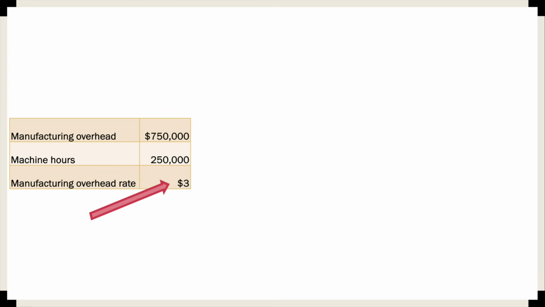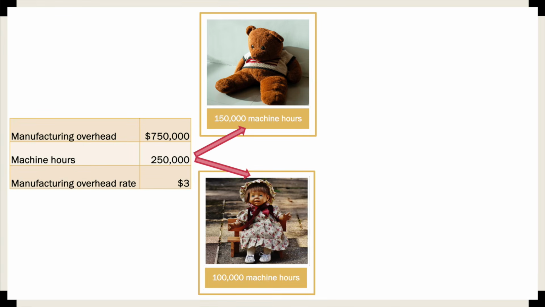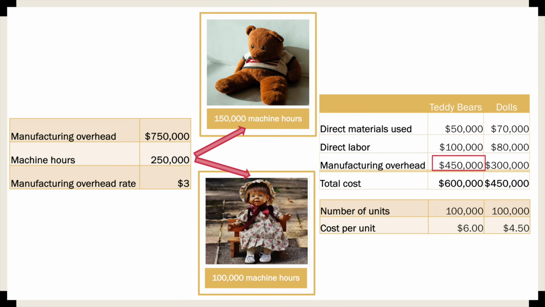Santa wants to compare the profitability of his 2 products, teddy bears and dolls. But Santa didn't pay attention in accounting class, so he simply allocates overhead to products using a single cost driver, machine hours. Multiplying the overhead rate of $3 a machine hour to the number of machine hours for each product results in $450,000 of overhead being allocated to the teddy bear product line and $300,000 of overhead being allocated to